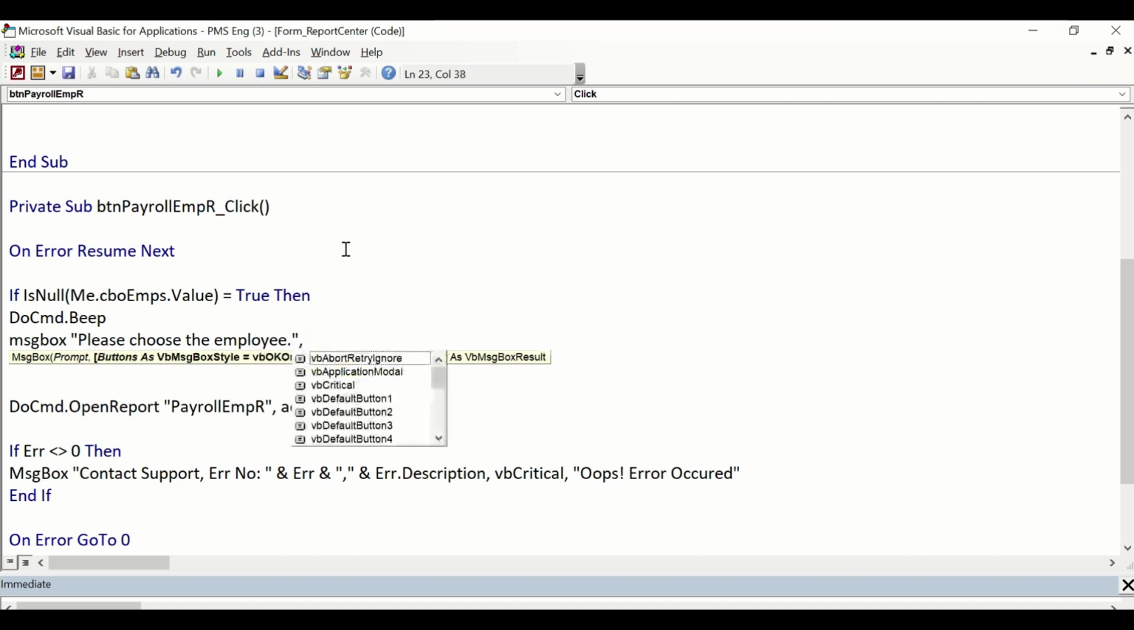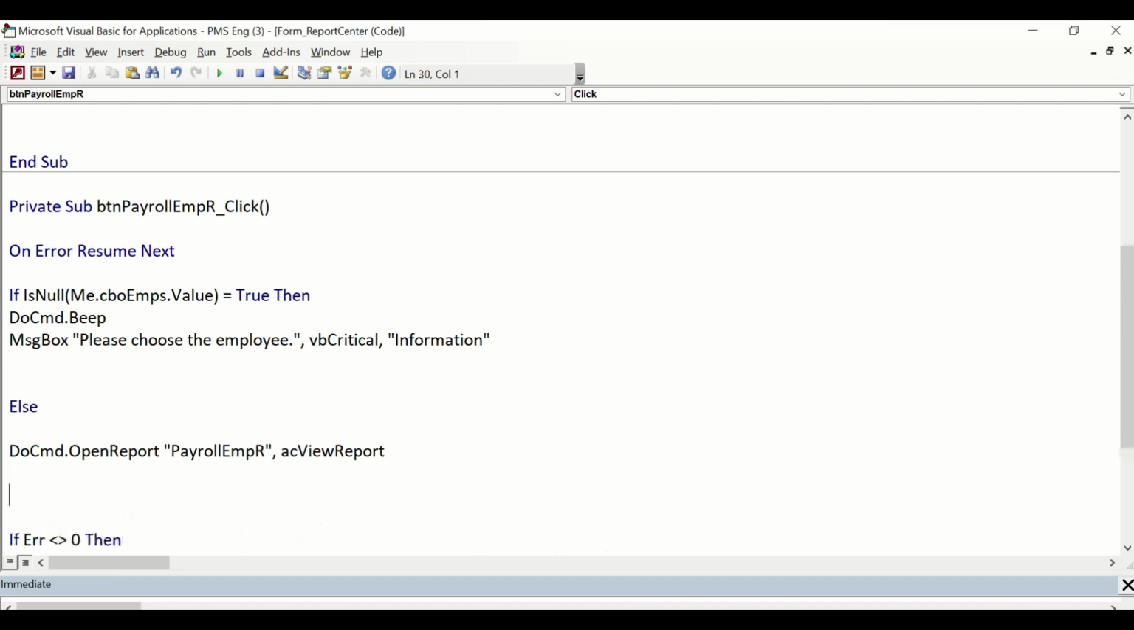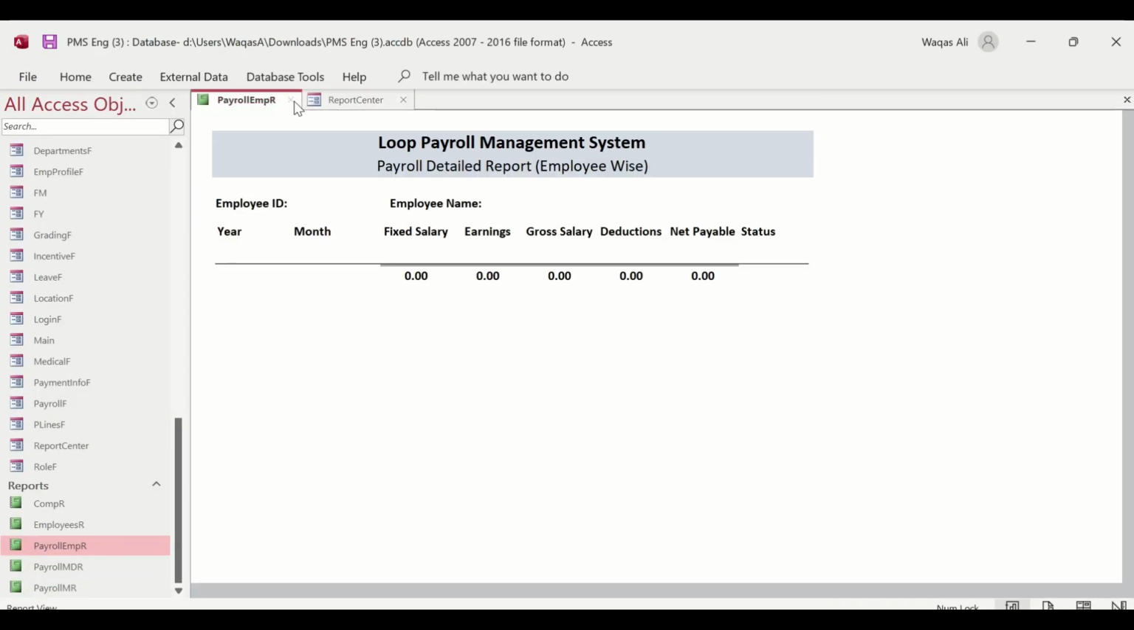That's what we will do. Okay, comma, vbCritical, comma, and information. Else, if that is false, then open the report. That's it. That's what we want. Now, let's go ahead and do that. So close this